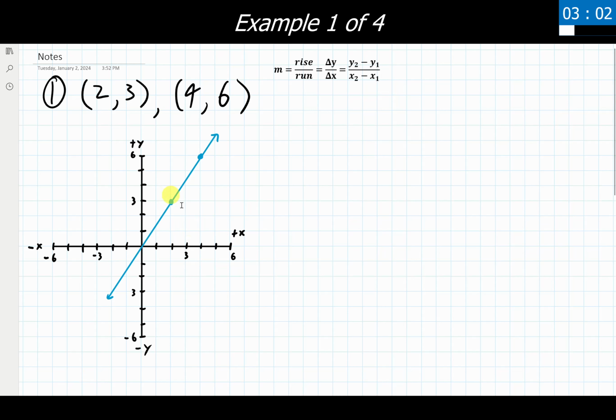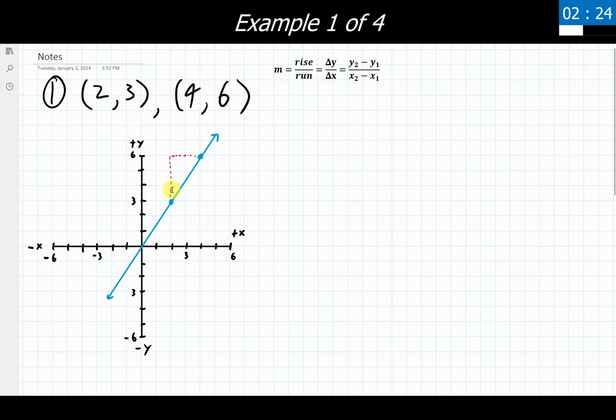So what this means is, we're going to use red here to illustrate this. If I'm starting at my lower point, I need to determine if I want to do the rise first or the run first. Doesn't matter. I'm going to do the rise because it comes on top. So from this point, I'm going to go up here and I'm going to go over. Let me make this nice little triangle right in here. What's nice about this is it's a great visual representation of the rise and the run of this thing.